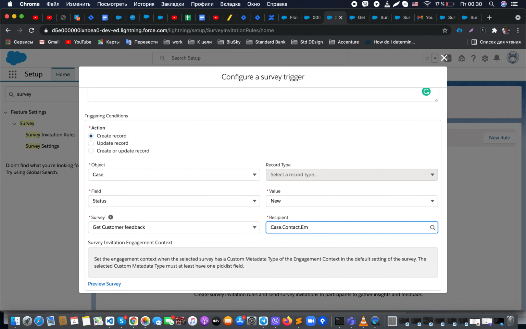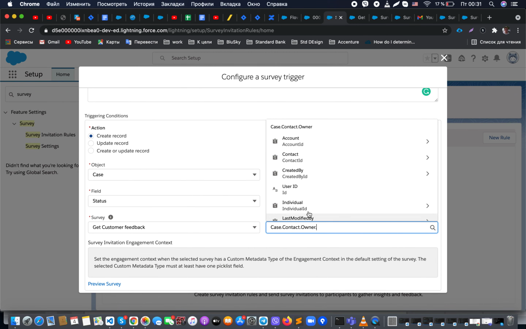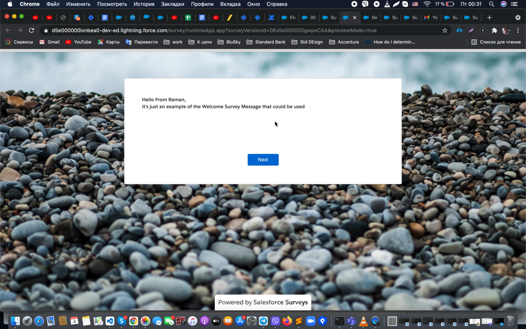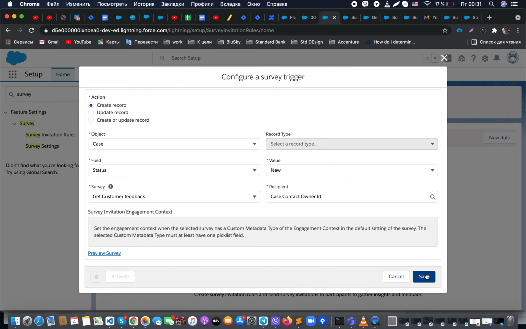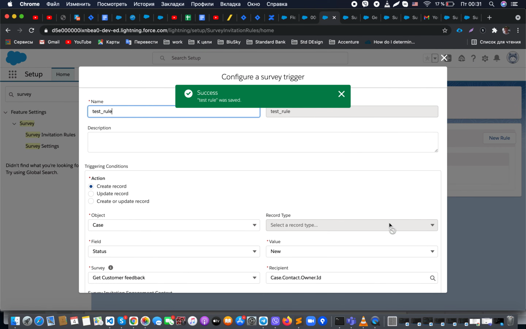What is required from us, I think that, let's put something. Okay, so here we could preview the survey, how it will look. So it's the same as what we just used, and we could set this rule trigger,